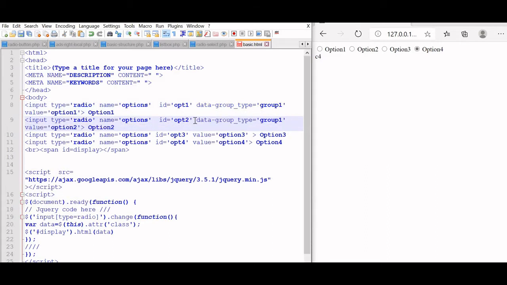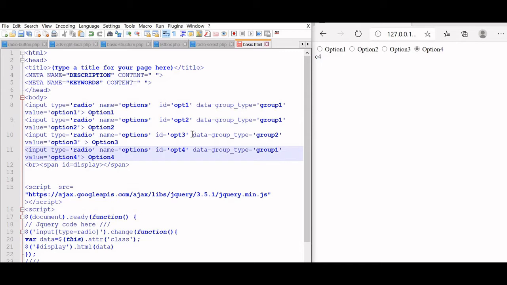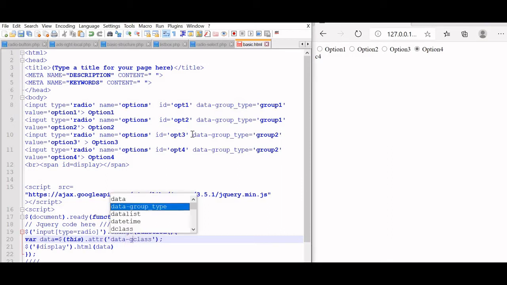Option 3 and option 4 will use data group 2. Now here we will use the data group type attribute.